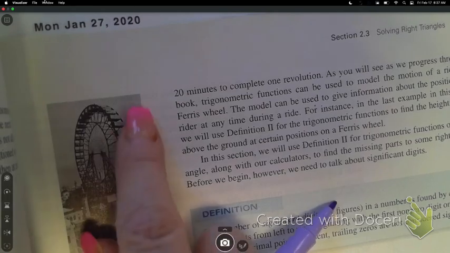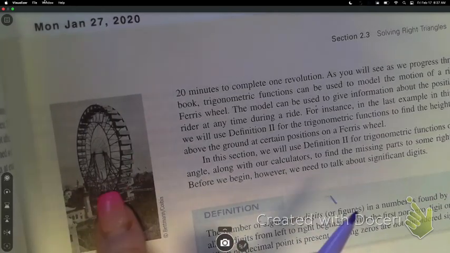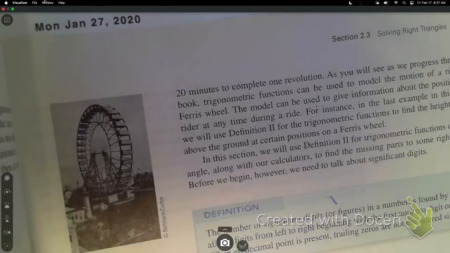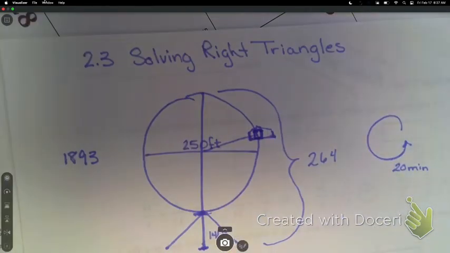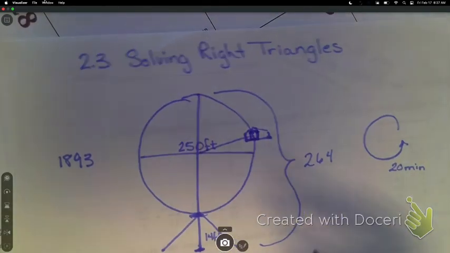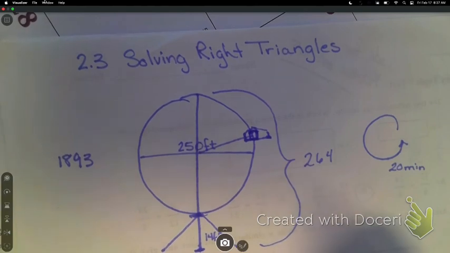20 minutes it took to go one revolution all the way around. There's a ton of carts on there. Let me see this photo. Where? It does not tell me where it was first at, I'm sure we could find that really easily, but